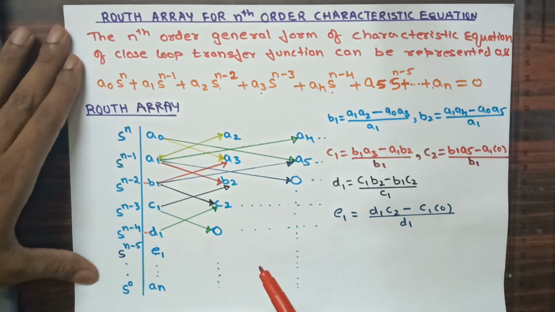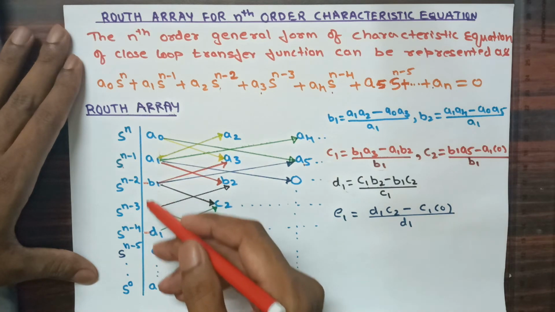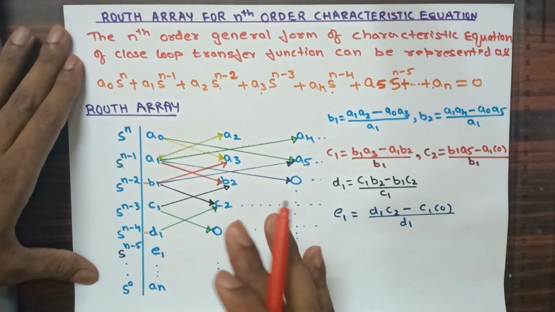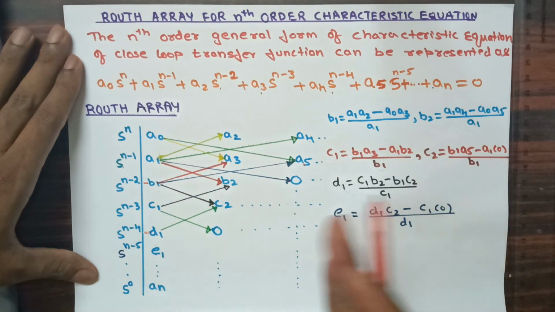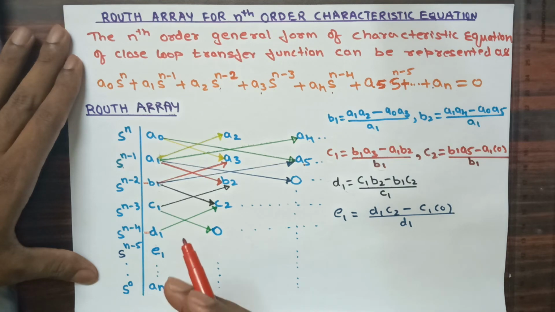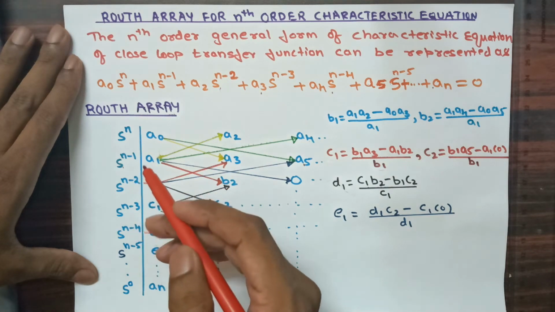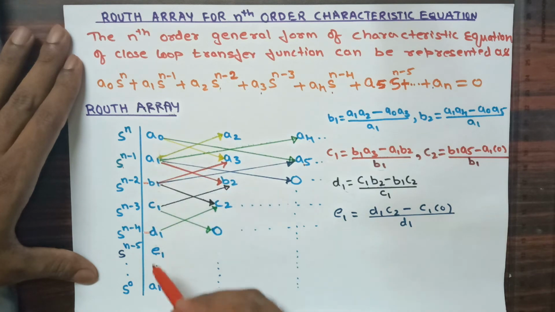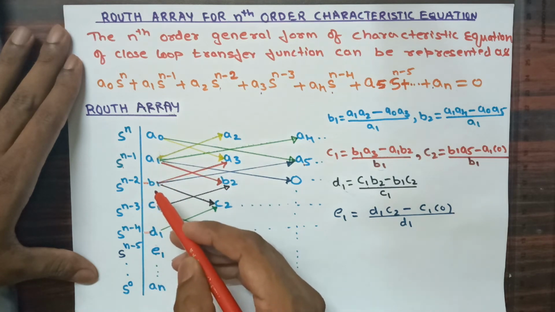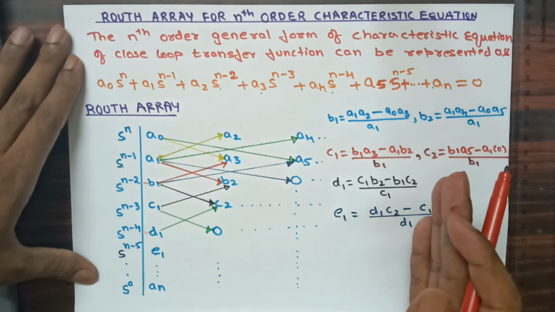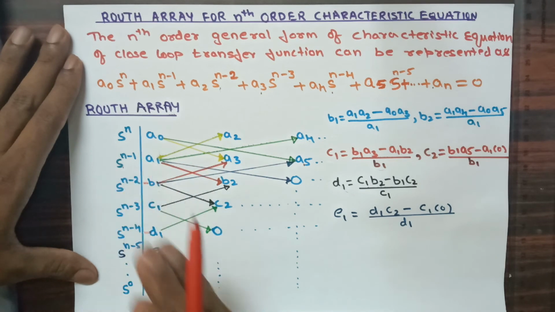We know that even one pole on the right hand side of the S-plane means the system is unstable. By this example, you can see four sign changes here, so four poles are on the right hand side of the S-plane. That means the system is unstable. Always remember, sometimes in the problems they may ask by giving certain poles. For example, if I take a sixth order characteristic equation and find four sign changes, that means of the 6 poles in total, 4 poles are on the right hand side and 2 poles are remaining on the left hand side.